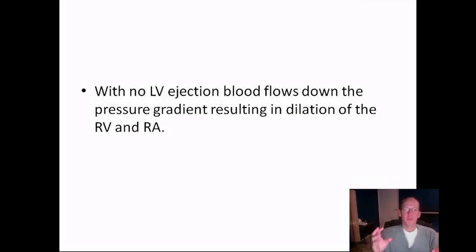So let's think about what happens when the patient goes into cardiac arrest, for the classic example of ventricular fibrillation. The minute the patient goes into ventricular fibrillation, there is no ejection from the left ventricle. You have no organized contraction, so immediately you stop all forward flow across the aortic valve. So the pressure that's in the aorta, the left ventricle, the left atrium, pulmonary veins, and pulmonary artery, all of this starts flowing down the pressure gradient. You've got pressure higher on the arterial side than the venous side. But as that pressure equalization occurs, blood starts flowing down. Instead of being pushed from the venous to the arterial, it starts flowing back from the arterial to the venous, which causes all that blood in the lungs to pool,